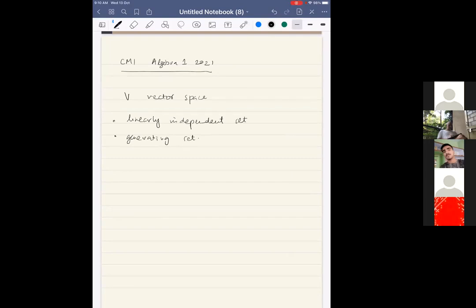And then if V is generated by a finite set of vectors,